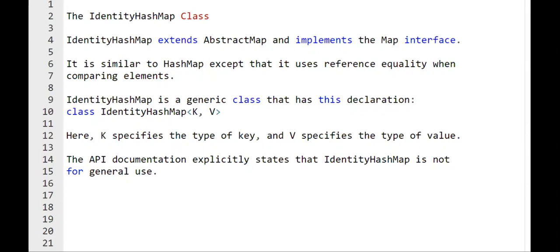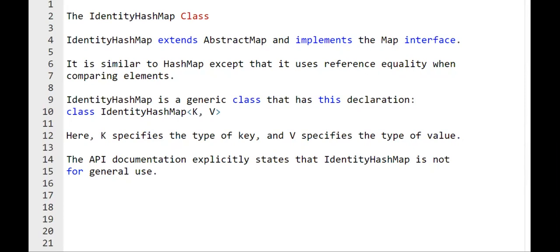The next class is the IdentityHashMap class. IdentityHashMap extends from the AbstractMap class and implements the Map interface. It is similar to HashMap. The only difference is that it uses reference equality when comparing the elements.